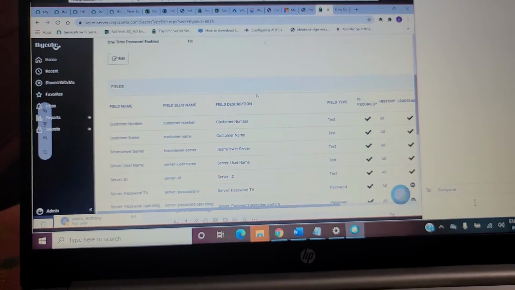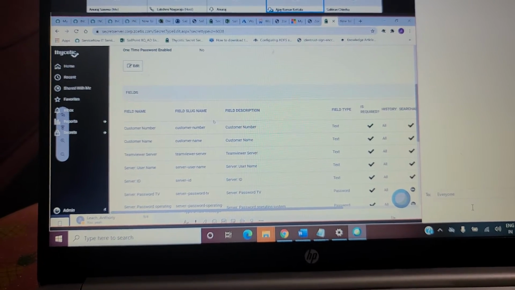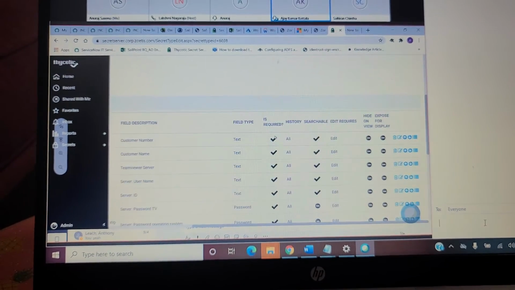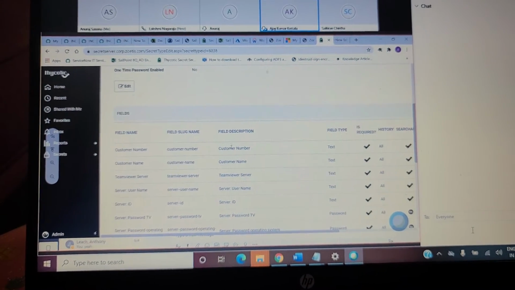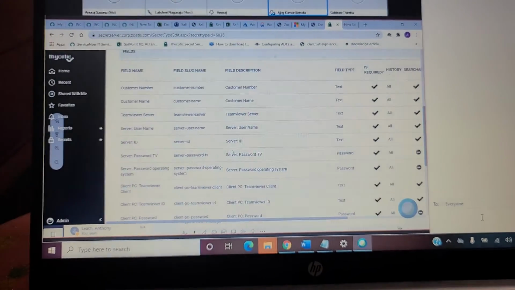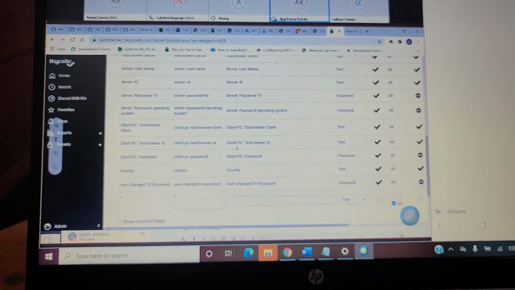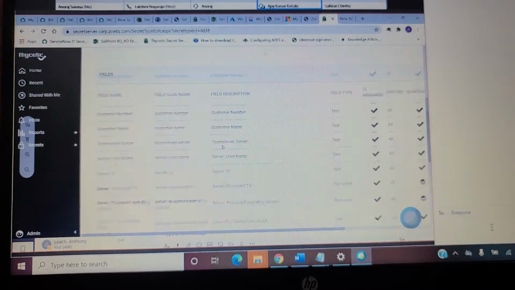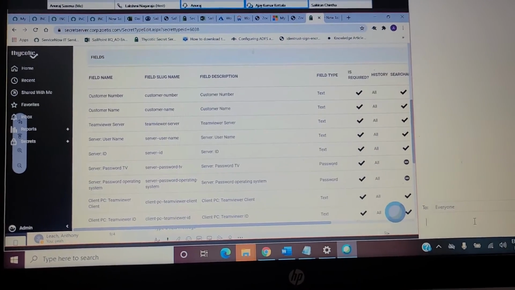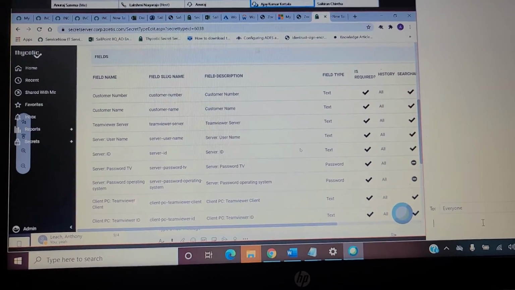These are the basic requirements. We need to take them from the application team: customer number, and field description. They gave their Excel sheet, and we created a template for them. For a password, we need to select the field type as password and text.